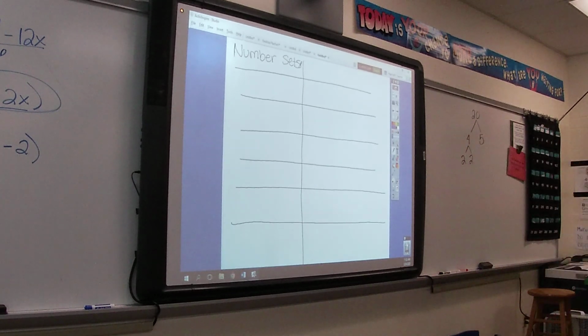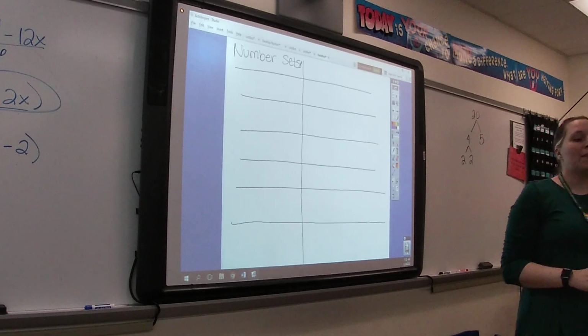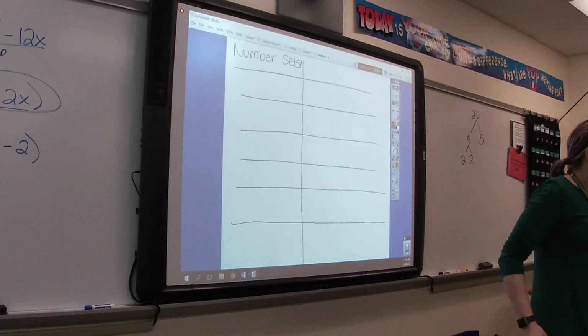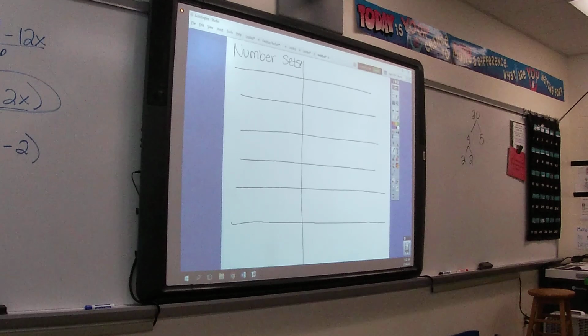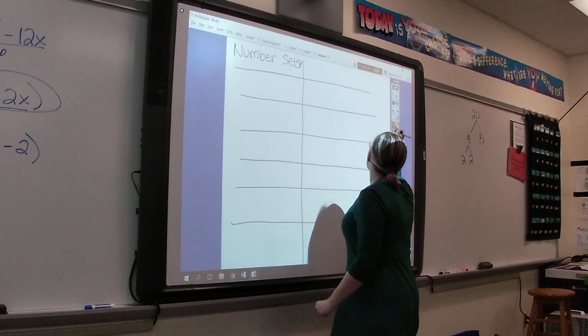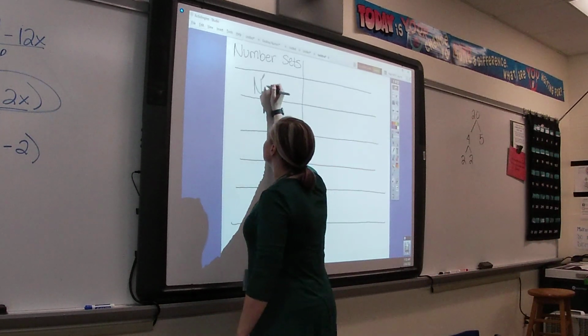It's how we group and classify numbers. You do not need to go home and memorize these all, but we need to be able to, if we heard the word, know what someone is talking about. If I said list real numbers, you would go, oh yeah, I know what types of numbers those could be. So the first group of numbers that we have on our paper